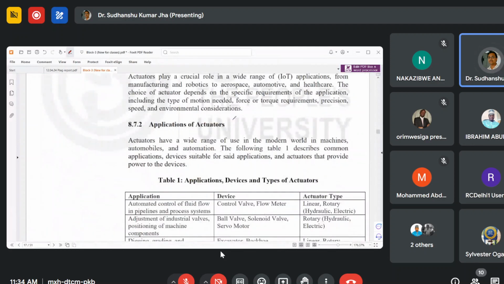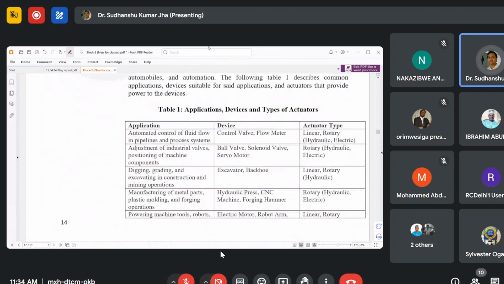So, applications of the actuators. Now you can easily understand it. What is the application of the actuators? Some examples of the applications, devices and types of actuators are given here. Applications like automated control of fluid flow in pipelines and process systems. If you are working with a pipeline system, just like a water pipeline or a petroleum pipeline, and you need to monitor it,